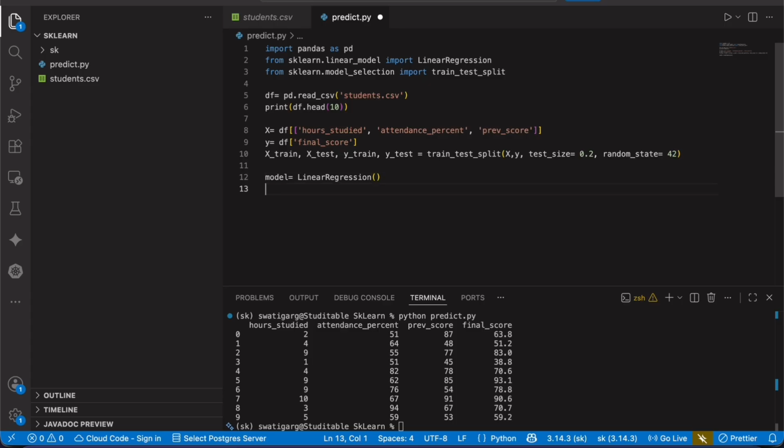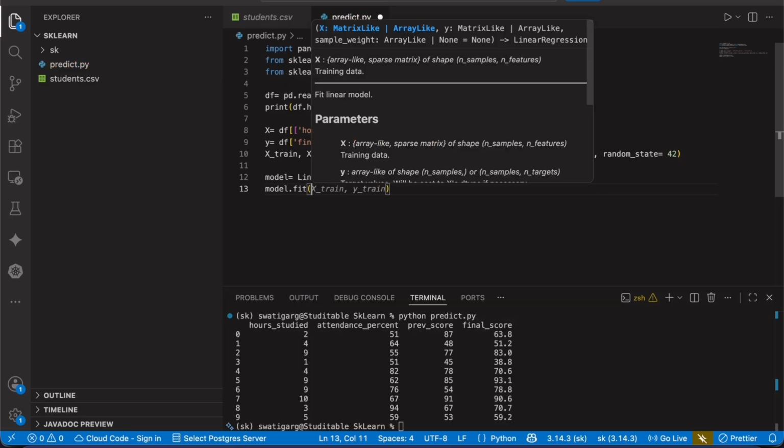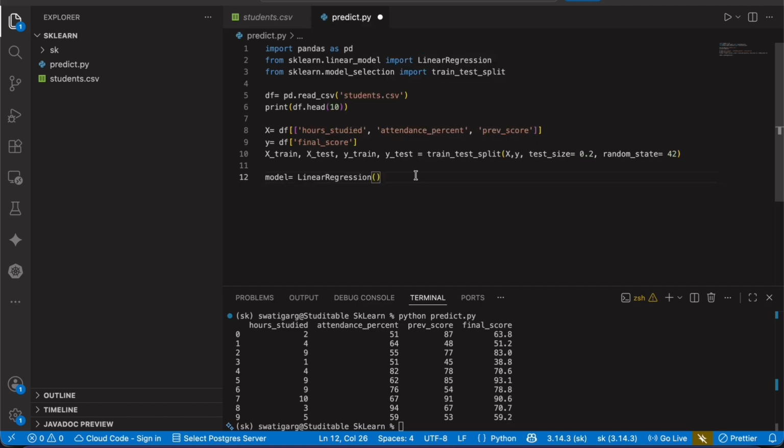Now that we have chosen the model, the next step is to fit the values in this model. So for that we will be using the function model.fit. And what does fit do? Fit is the kind of command that trains the machine learning model to where it starts to learn from your data. It starts looking at the input features and starts making a guess and calculates the error and adjusts accordingly. So fit is the command which tells the model to start training itself.